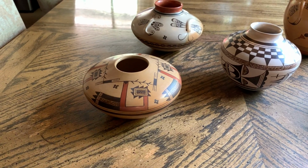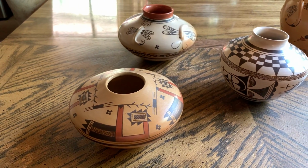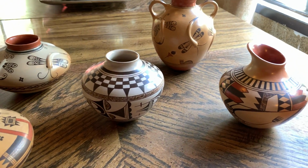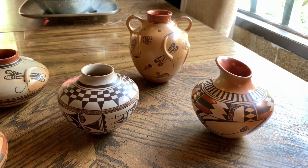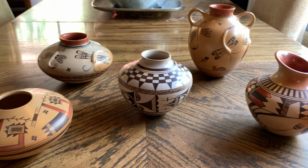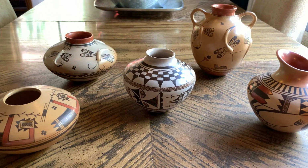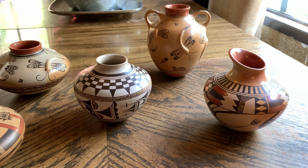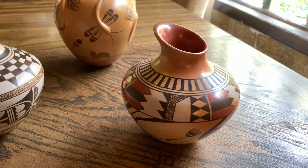You can see where the red and also the dark brown or black paints are. She's known for her high polished finishes and her use of geometric designs, as well as abstracts, bird designs, insects, and so on and so forth. This particular batch contains some of my favorite examples of Gloria's work, and you can see another thing that she's also known for,